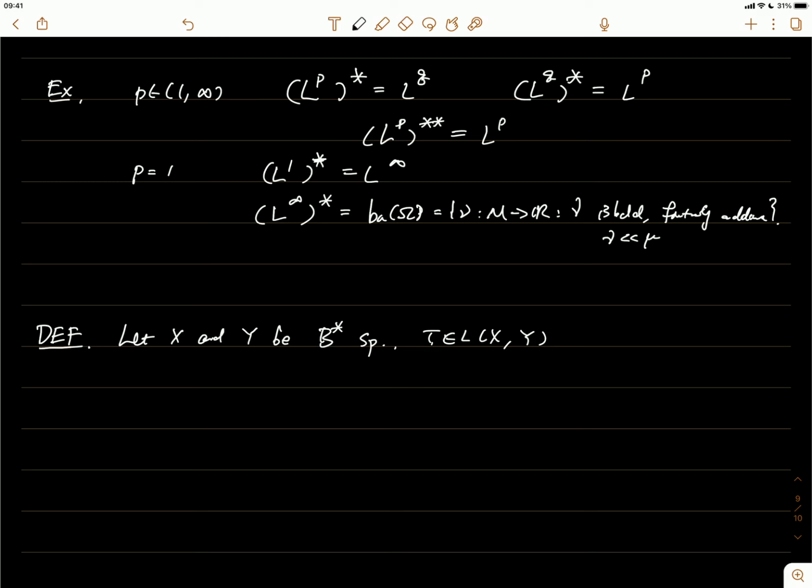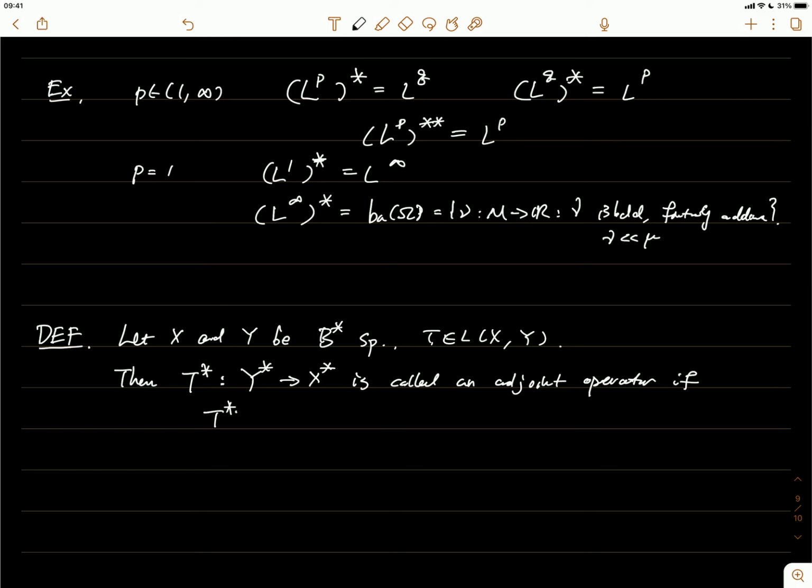Then T star, as a mapping from Y star, the dual space of Y, to X star, the dual space of X, is called an adjoint operator if